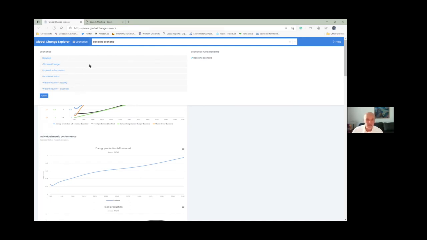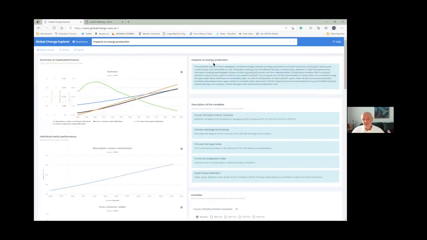And then within each of these scenarios, a number of questions that by experimentation the user can answer. So let's say if I am interested in climate change, I can pose the question, what will be the impact of climate change on energy production, and select this particular scenario